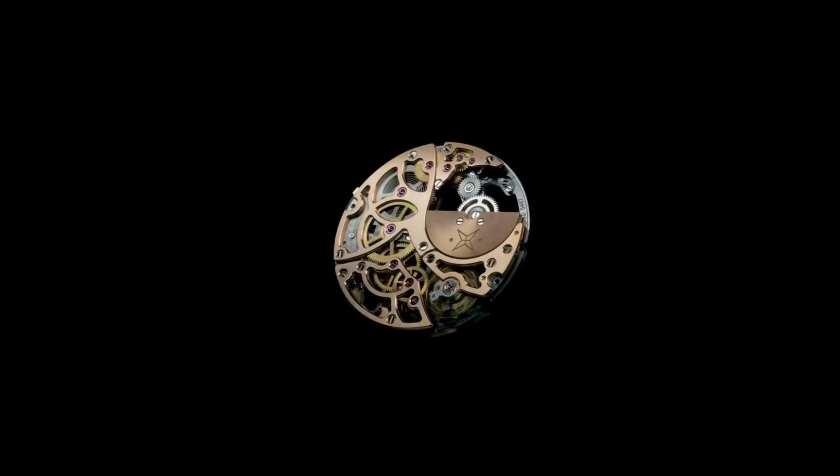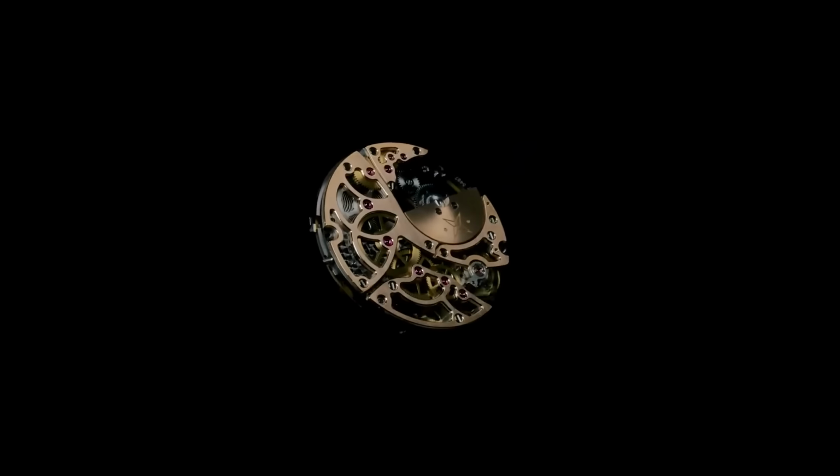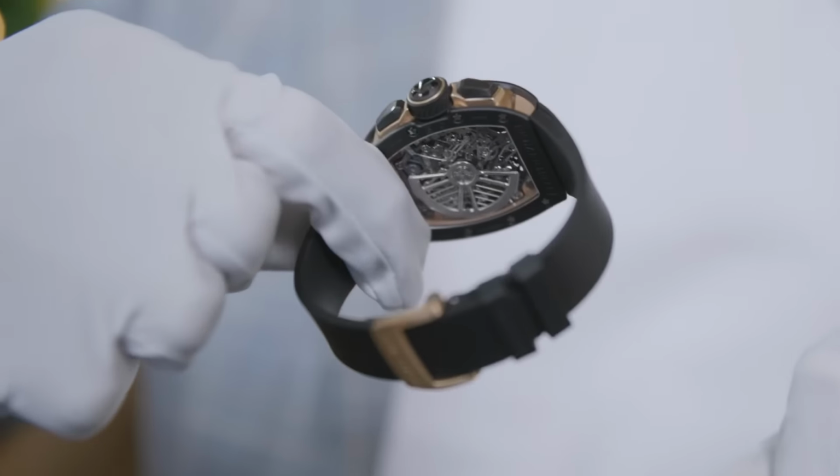The RM11 was powered by a Vaucher caliber with an attached Dubois Dépraz module. Vaucher have a long history of making excellent movements, and the DD module is used liberally throughout watchmaking as a kind of bolt-on, capable of turning any movement into a chronograph. It's been used by AP before, so this is nothing to turn your nose up about, because for some high-end manufacturers, in-house movements, they go hand in glove. So, given that Richard Mille is already a controversial brand, it was about time that they pulled the caliber CRMC1